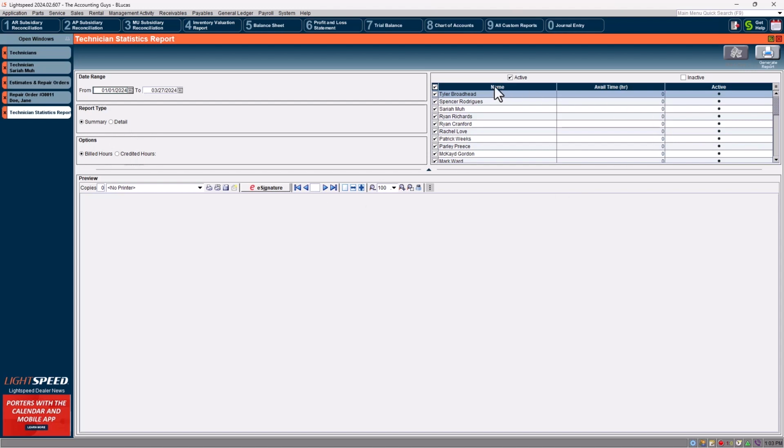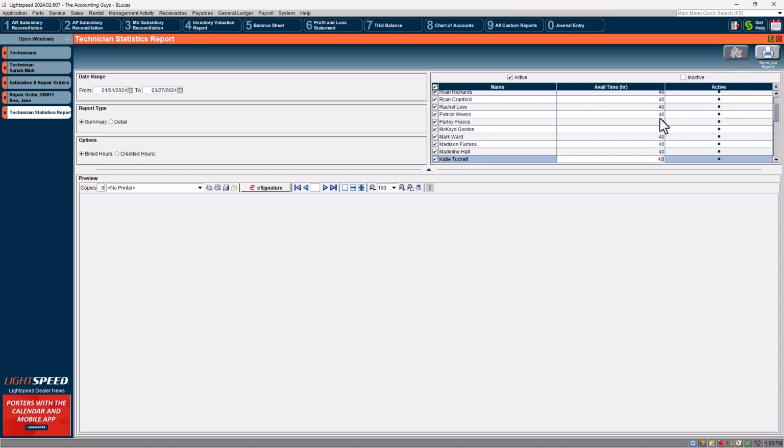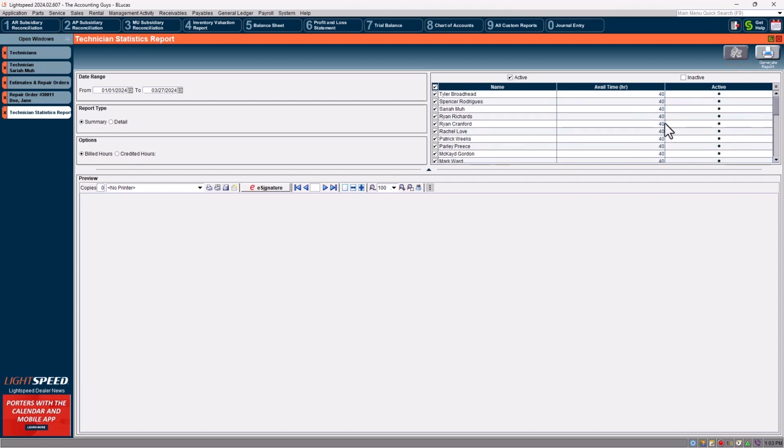Over on the right, we have our technicians, and here is our available time. So again, these are the payroll hours. So if I'm doing my date range, I'm going to want to figure out how many hours they worked during that period and type that in over here. So we're just going to put in some numbers. I know this is longer than a week, but just to give us some data here,